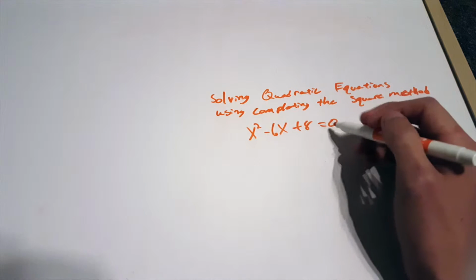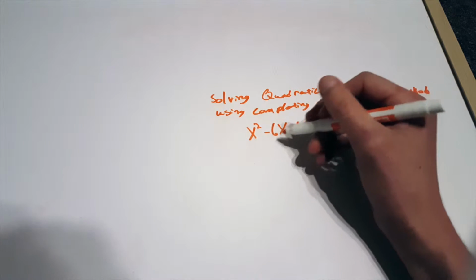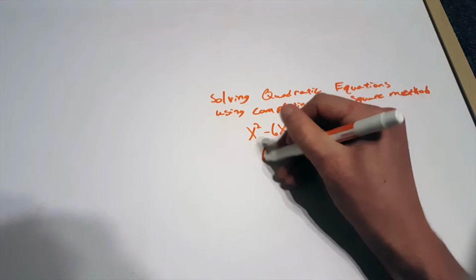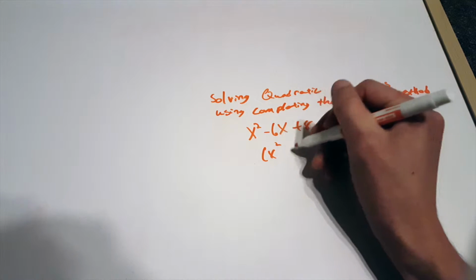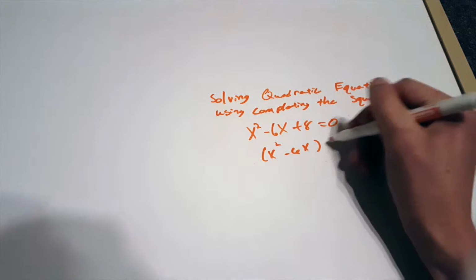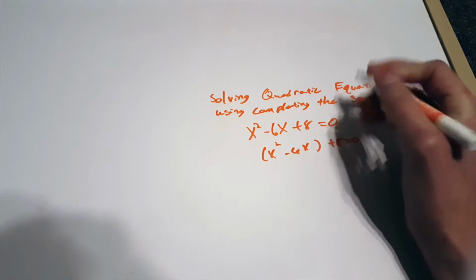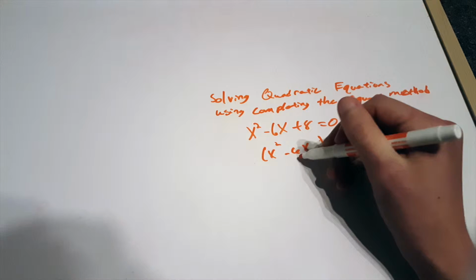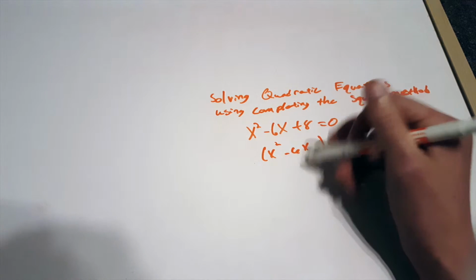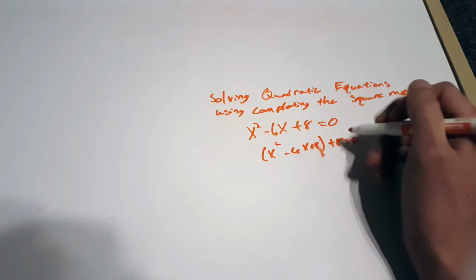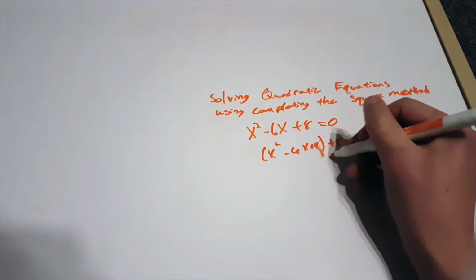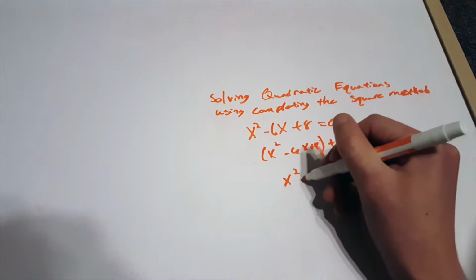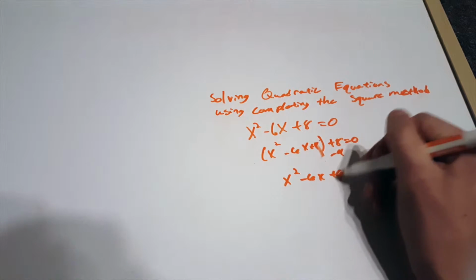So I'm just going to use easy numbers for the first one. The coefficient of the x squared term equals 1, so we take x squared minus 6x plus 8 equals 0. Leave a little more room. 1/2 of 6 is 3, squared equals 9, so we add 9. Since you can't get something for nothing, we have to subtract 9 out here, so we get x squared minus 6x plus 9